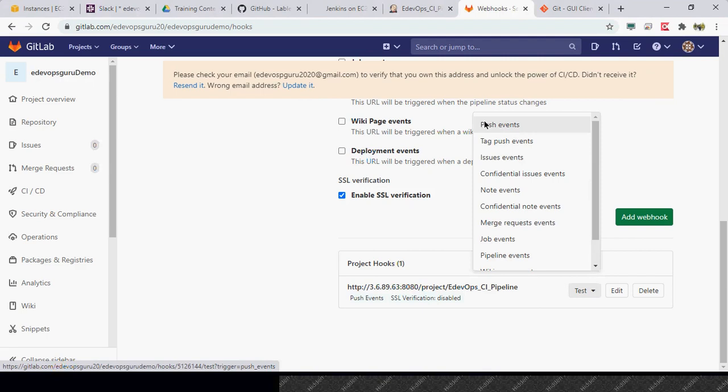As soon as somebody pushes code to our GitLab repository, a push event would be generated, and that would trigger the webhook and send a payload as a push event. We can simulate that directly here, so basically do a push event.